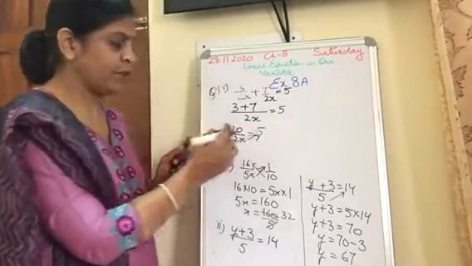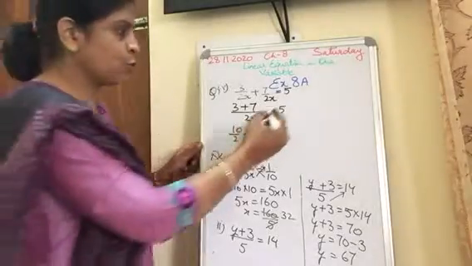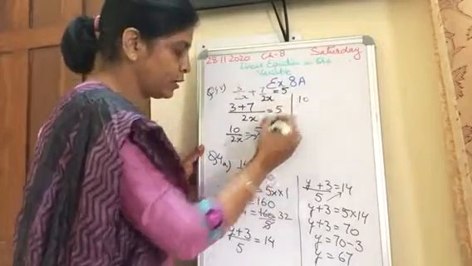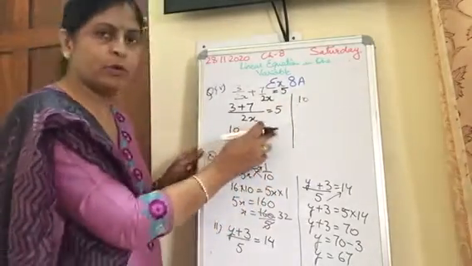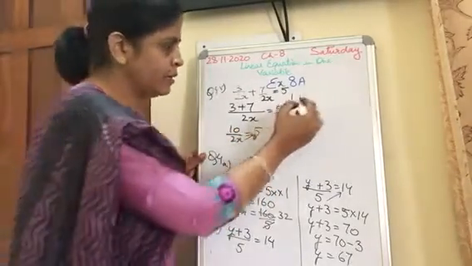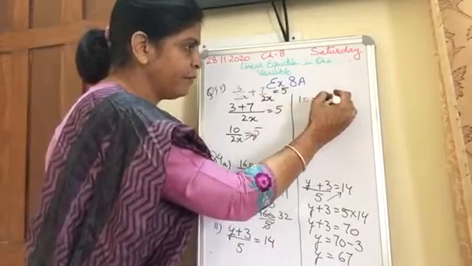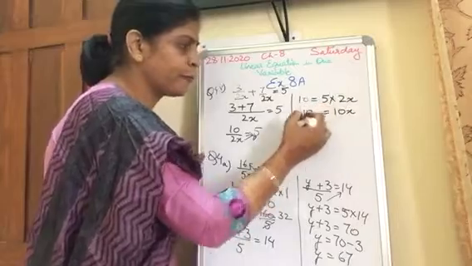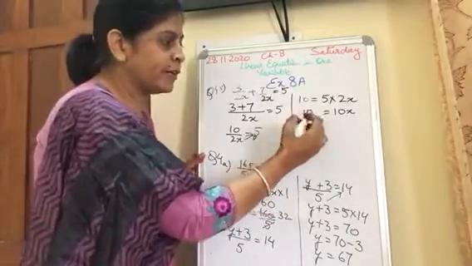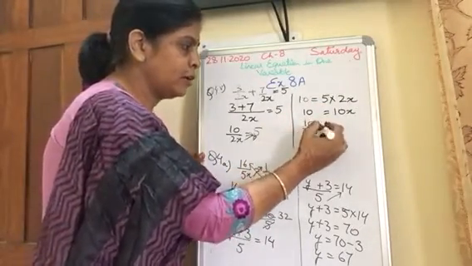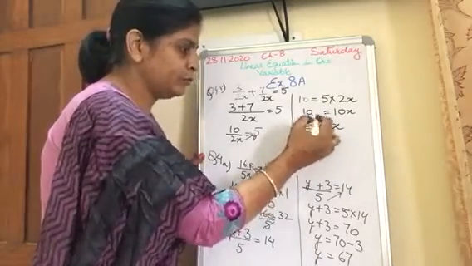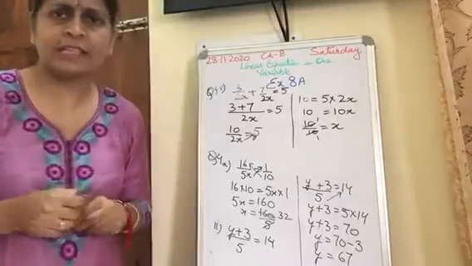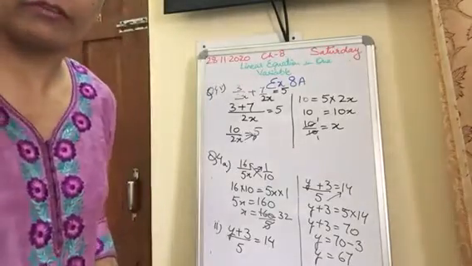Let's do the cross multiplication, or you can do the cancellation. So when you do the cross multiplication, what will happen in this case? This 2x will go to that side and it will be multiplied. So 10 equal to 5 into 2x. 10x equal to 10. Now 10 is multiplied, send it to that side. 10 by 10 equal to x, that is 1. The rest of the parts are very easy, you can easily do by yourself. Thank you.